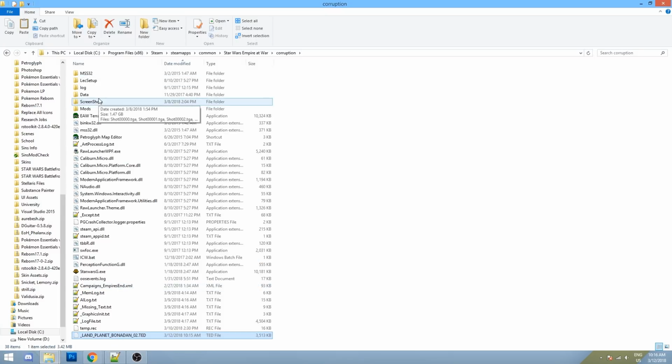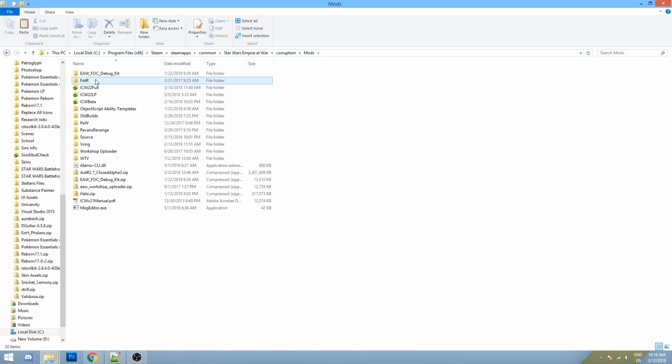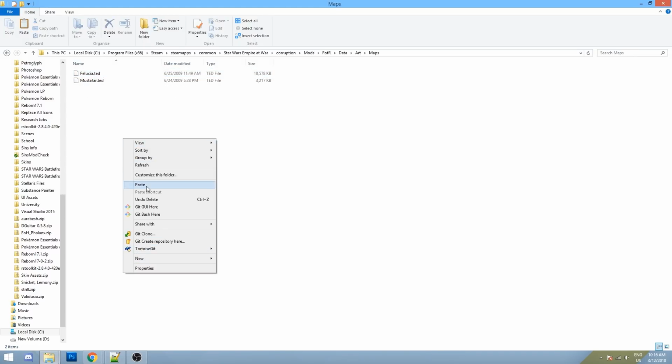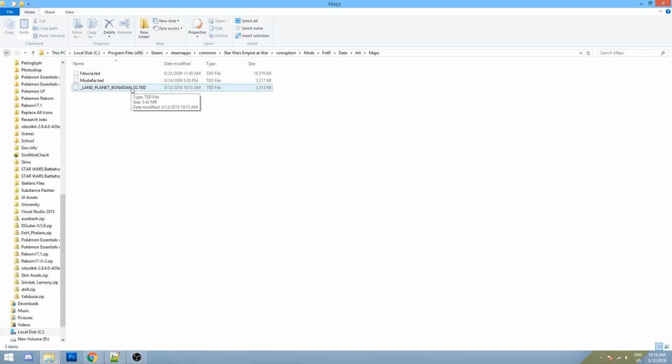We're just gonna cut it, and we were theoretically gonna put it in our Fall of the Republic data, our maps folder. Paste it, and that's just how you add a previously existing base game file that's not in the mod you're trying to edit. And that'll work for whether you're looking for a specific XML file, a map, a model, a